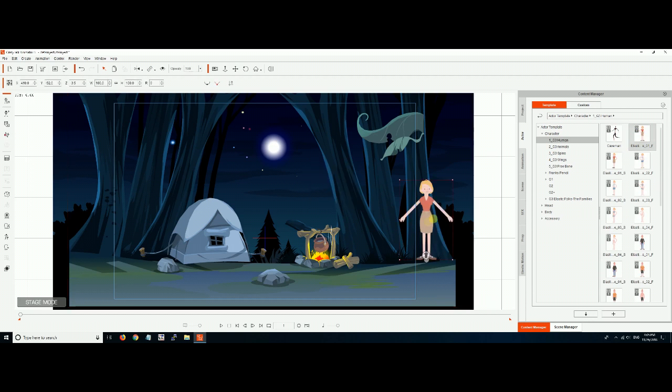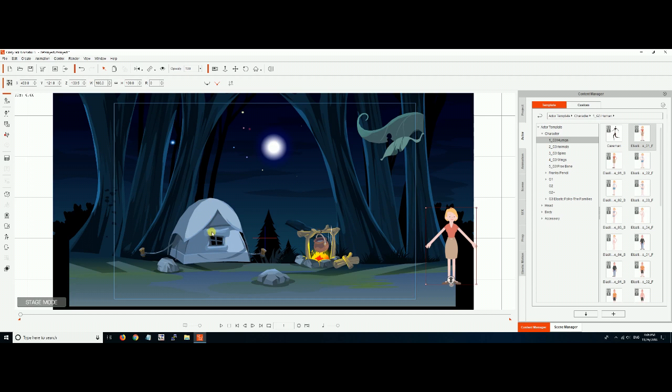And you drop your character on the screen. It's very important. Now I'm going to have her off the screen and I'm going to have her walk into the campsite. Whatever you have selected, when you use the scroll wheel, it'll start doing stuff. So you have to be aware of that. If you scroll out and in, she'll get bigger and smaller, which is kind of weird because you have to start thinking in terms of 3 dimensions.